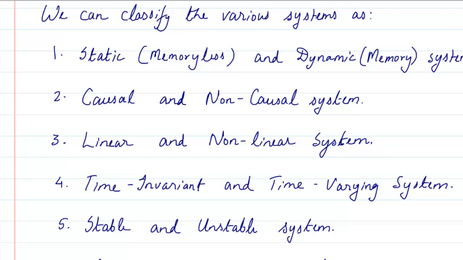That means a mathematical equation can be written about it, but it cannot be realized as a practical system. For example, you can write an equation of a time machine, but we have not yet made a time machine. So a time machine is kind of a non-causal system,